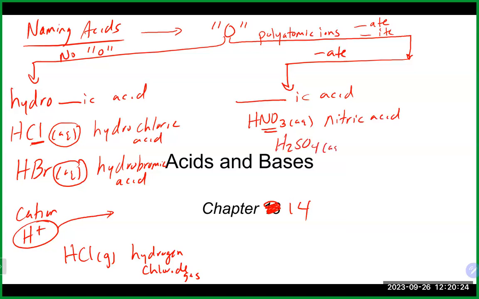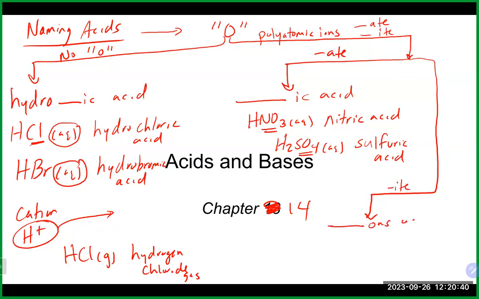H2SO4, that is sulfate, that is sulfuric acid. And if your polyatomic ion ends in ite, your acid name will be -ous acid. So like HNO2, that is nitrite, that is nitrous acid. H2SO3,